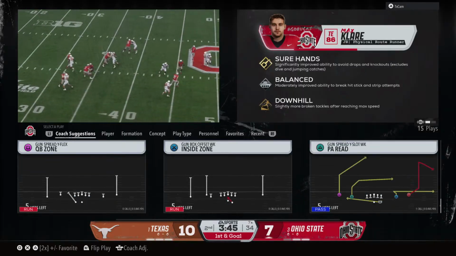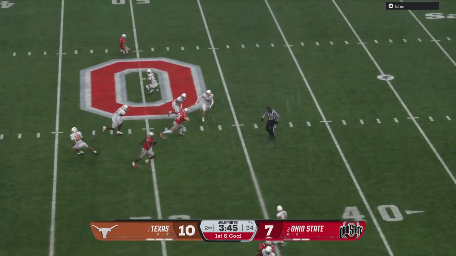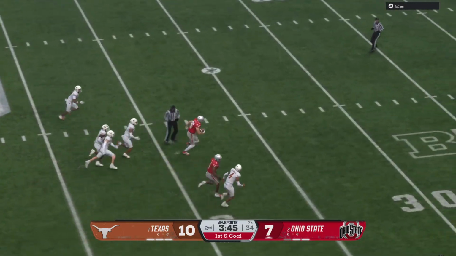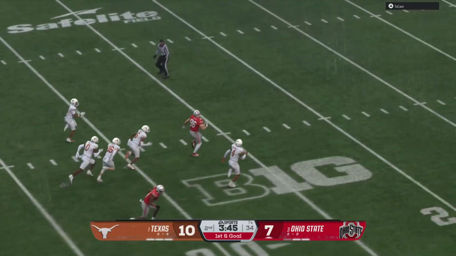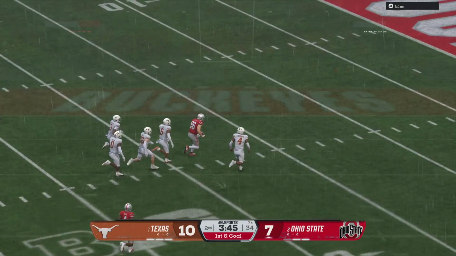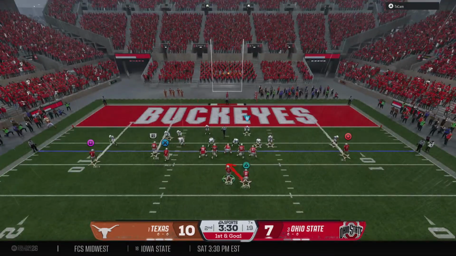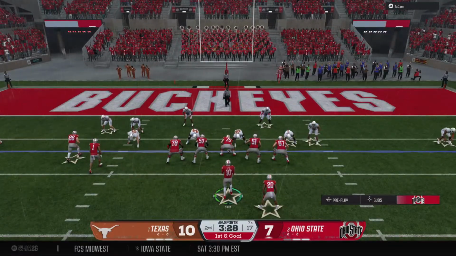Boy, a huge play by this offense. A good throw, nice accurate throw. But I think it's the run after the catch that really impresses me. And early in this game, you got to think they're going to continue to go back to him until this defense shows that they can slow him down.